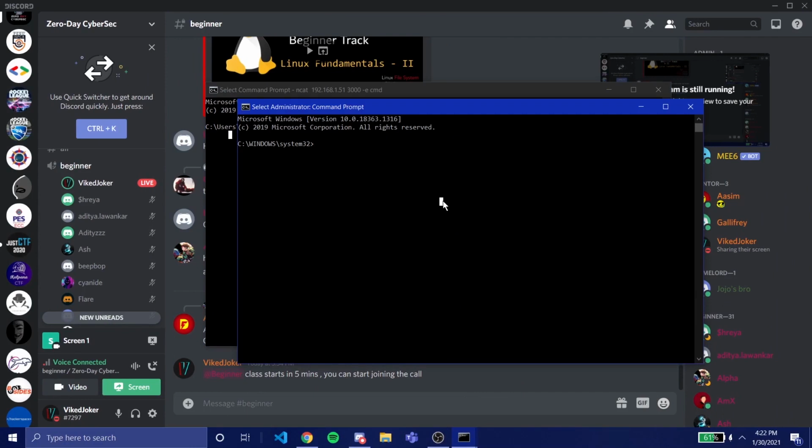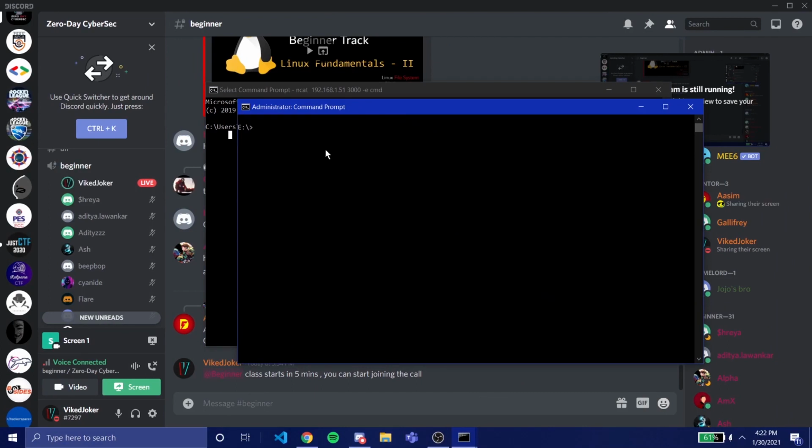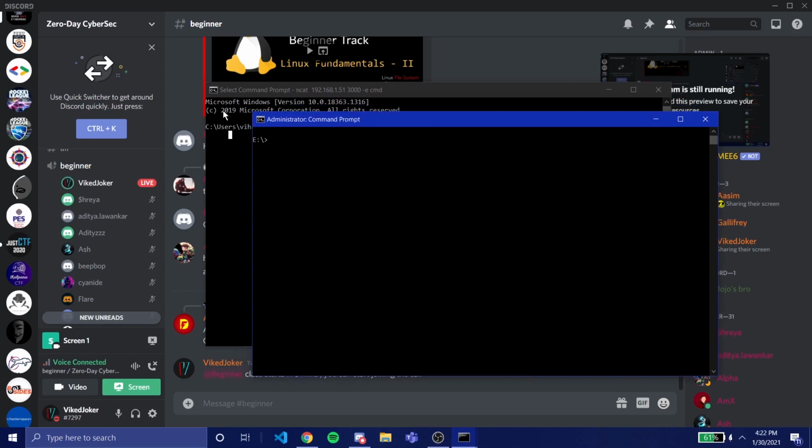For example, let's do an easier drive. So dir, and I want to clear everything on the screen. Just CLS. So that's the way to do it. For shifting between drives in Windows, CD doesn't work. You should just type the drive itself. So D drive is D, E drive is E, C drive is C. That's it. So that's how we change directories in C.